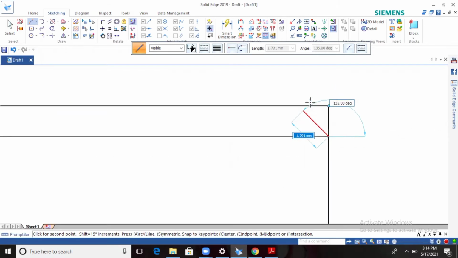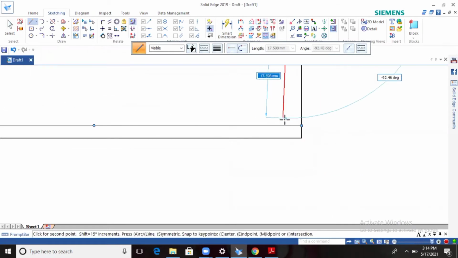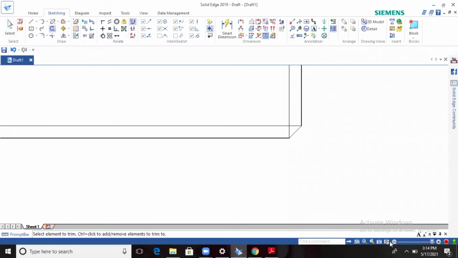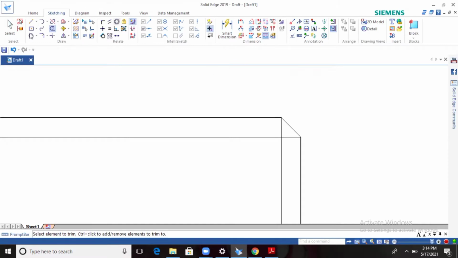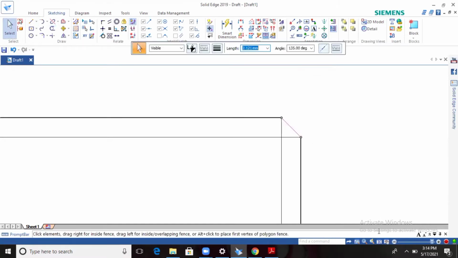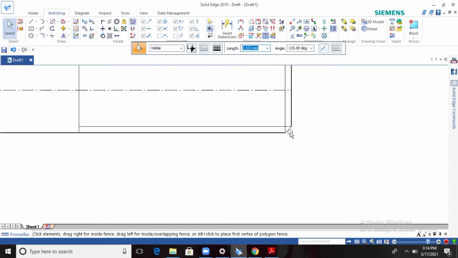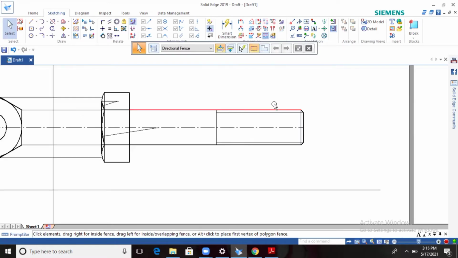Okay, so zoom it up to this line. So downwards, it's a vertical line, and up to this line. Okay, then I'll go for the trim command. I will trim the edge. You'll get the chamfer cut at the bottom. Okay, this is the chamfer cut. So select this one, press Ctrl, fit, select this one, make it 0.5. Okay, so this is the bolt having the thread and chamfer cut: the head will be 30 degree, the bottom